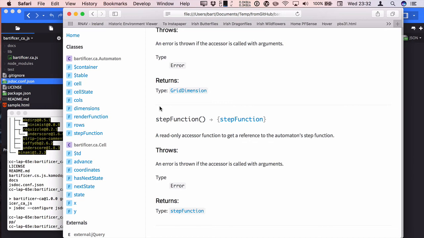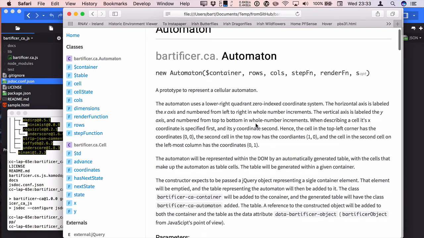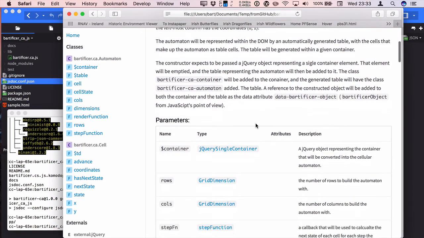They have no idea how it works on the inside. They just want to use it to do something, and they don't want to need to know how it works. So this documentation allows them to see what prototypes exist, what their constructor expects as arguments, an English description of what they do,